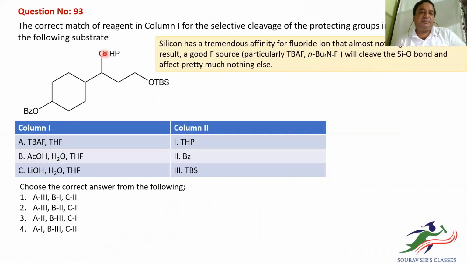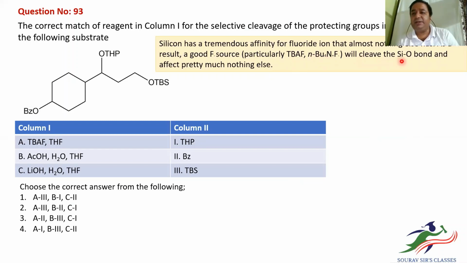Here we have been given the correct match of reagent in column 1 for the selective cleavage of protecting groups, in column 2 and the following substrate we have to find out. Now here, this is tetrabutylammonium fluoride in THF. Fluoride has a high affinity for silicon. So if you are using tetrabutylammonium fluoride, what it will do,